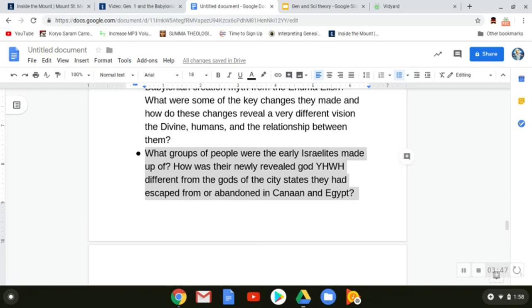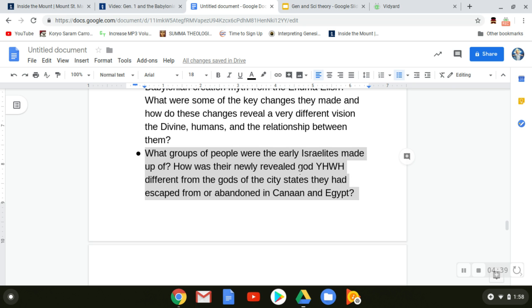The next question has to do with the early Israelites. And these were the first people to escape the tyranny of the Canaanite city-states, most likely Egypt and maybe some other oppressive places, or to have a shift in lifestyle from independent tribe to come to be seen as part of this larger family of runaways and escaped slaves and rebelled slaves and former marauders and